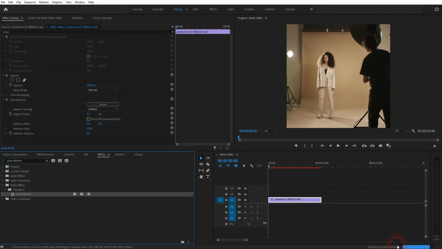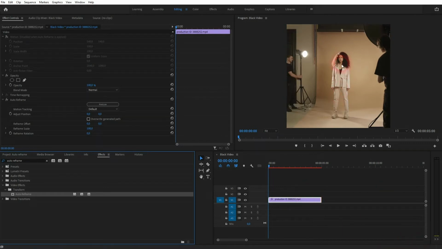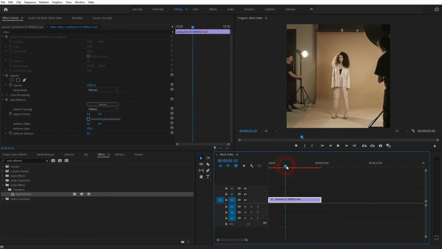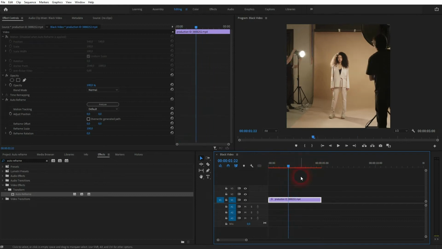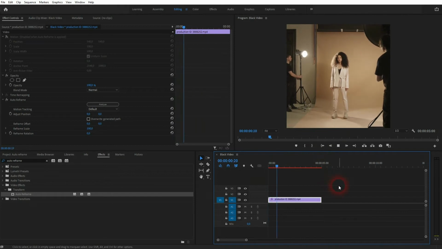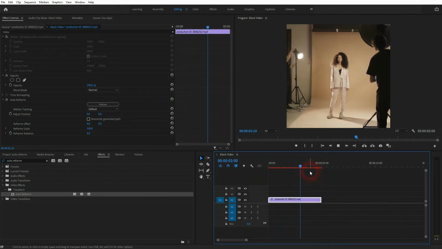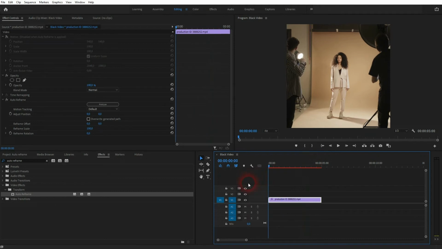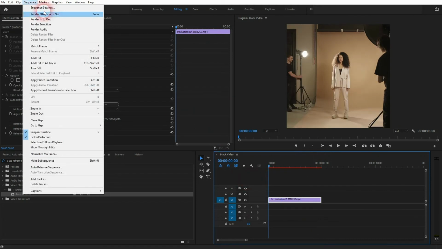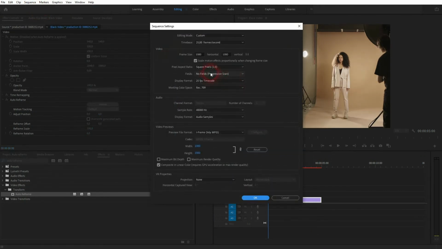Then Premiere Pro does its auto analysis of it and puts it in center automatically, so it reframes the entire footage. Let me just roll the clip and you can see that now the main part of the footage is exactly in center. And you can do that whenever you've got different sequence settings or a clip that doesn't